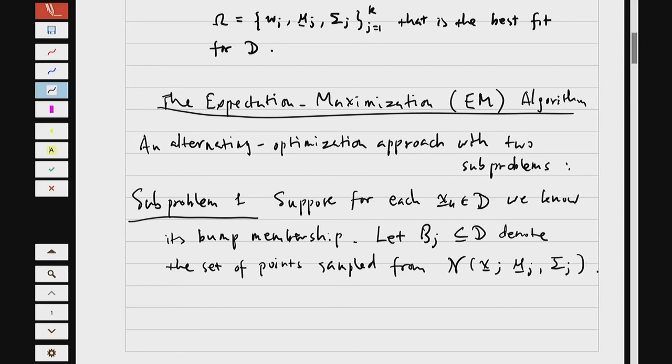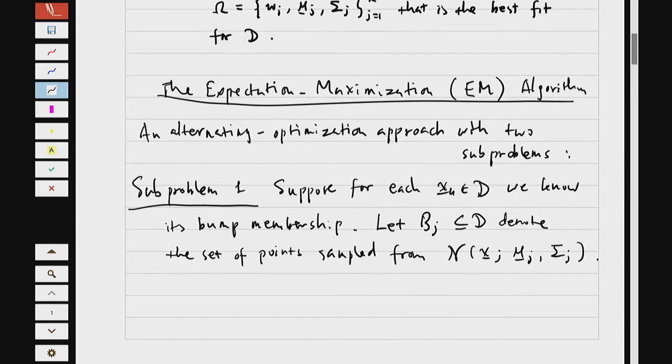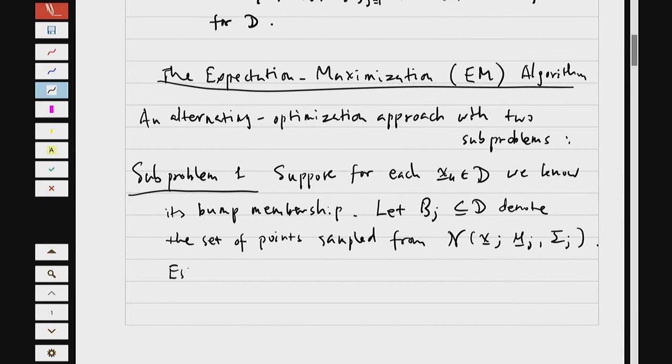Suppose you already know that, we can collect all of the points that are sampled from that particular bump. So we just need to estimate